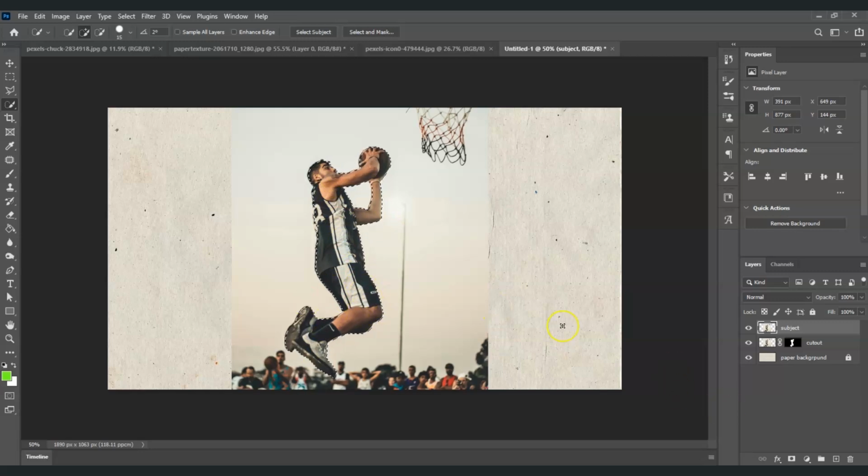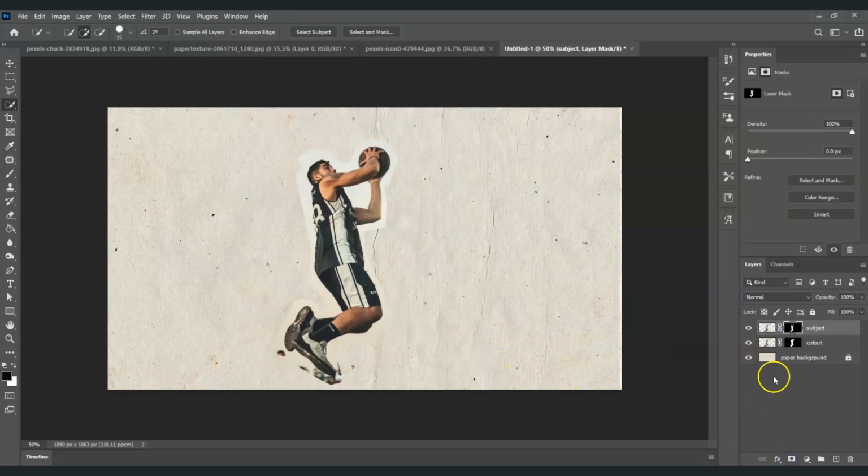And then after that, I'm going to add a mask once again. Just click on this. Now this is the subject layer and this is the cutout layer. So the next step we're going to do here is bring the crumpled paper in